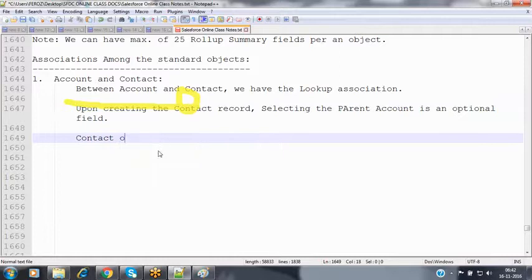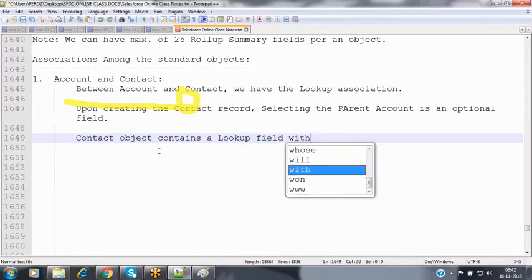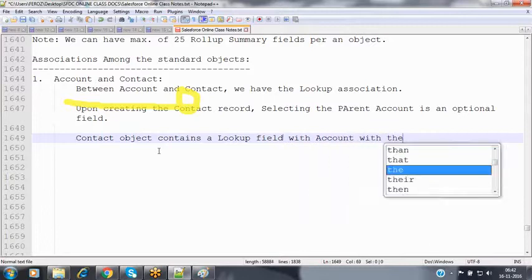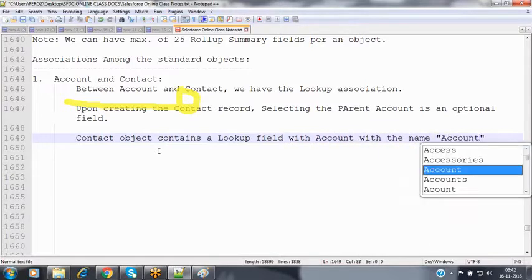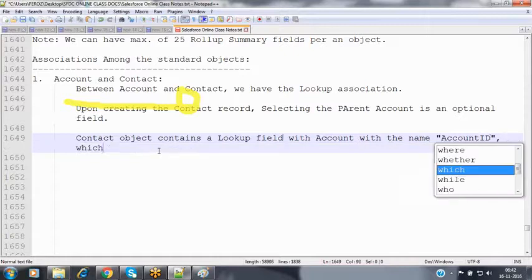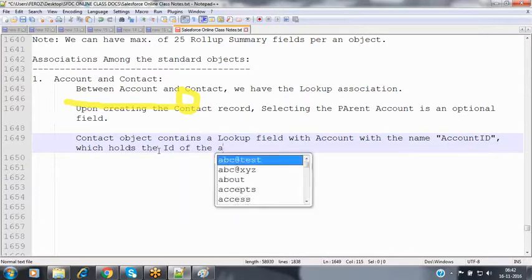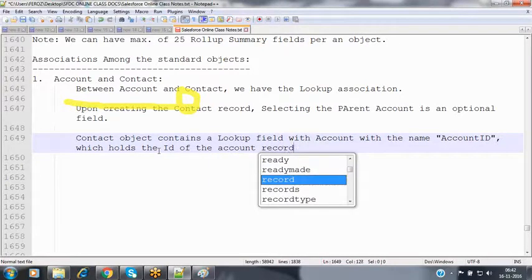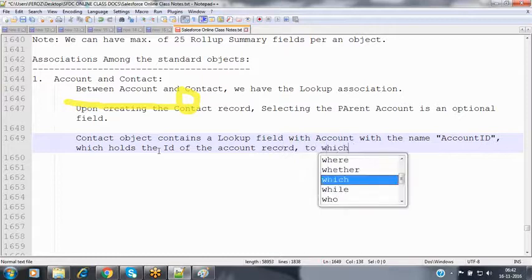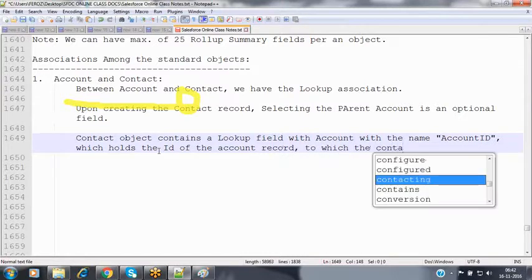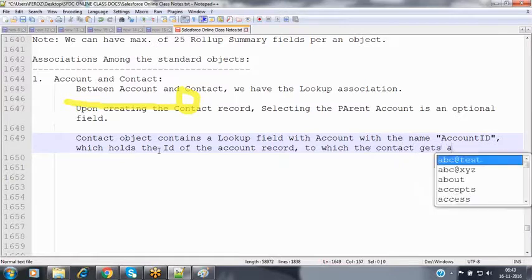The contact object contains a lookup field to account with the name account ID, which holds the ID of the account record to which the contact gets associated.